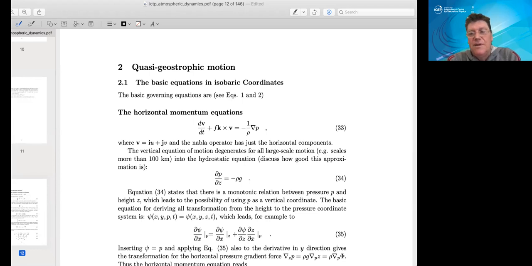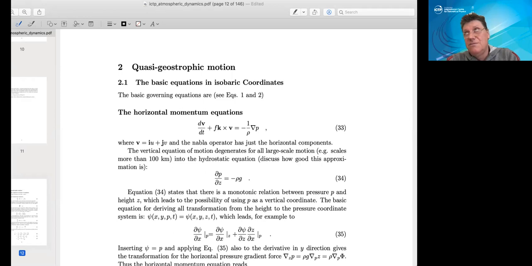All climate models, I would say virtually all climate models, apart from maybe now, since models are getting more high resolution, there could be a few exceptions. But virtually all climate models are posed in the pressure coordinate system